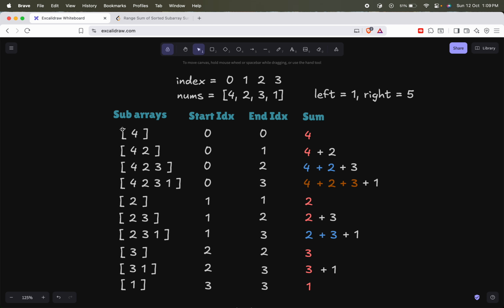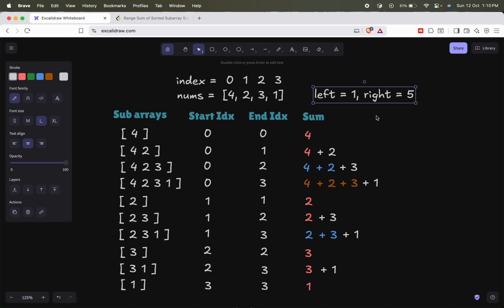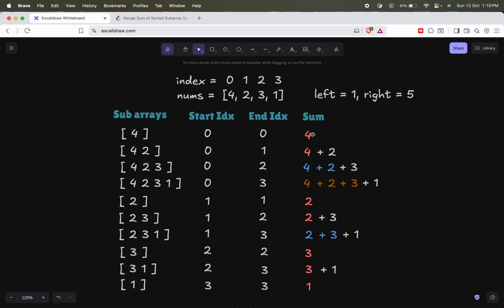We have to generate all possible subarrays, and once we have generated the subarrays, we have to calculate the sum of each subarray. Sum of this subarray is 4, sum of this subarray is 4 plus 2, and so on and so forth. Once we generate all possible subarrays and their corresponding sums, we have to sort the sums in ascending order, and we have been given a range left and right, and we have to assume